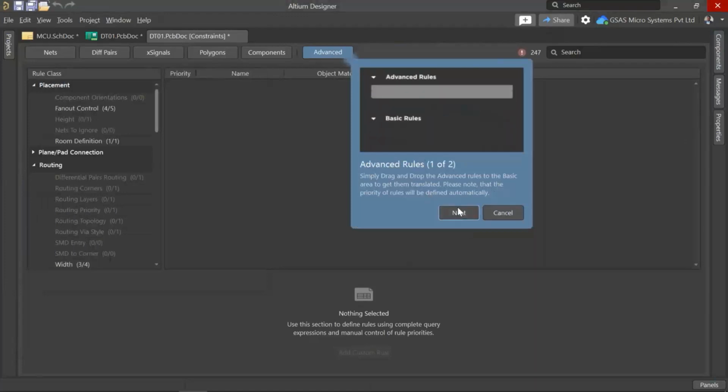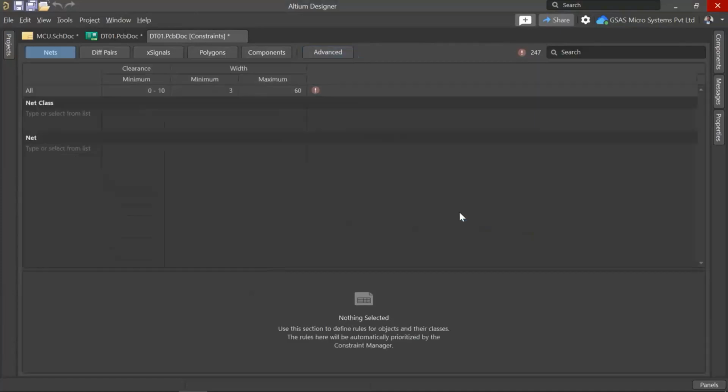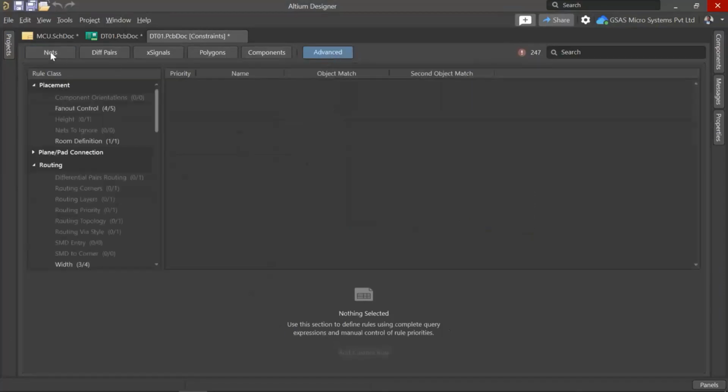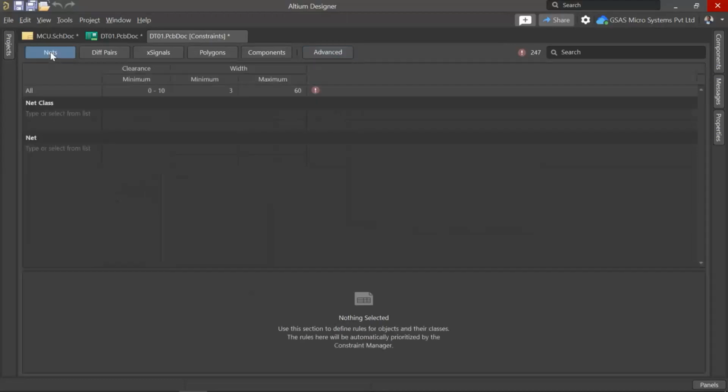The difference between the advanced rule and basic rule is, suppose when you are pointing a design rule to a group of nets or a net class, then automatically the tool will assign it as an advanced rule. But when you are assigning to all the nets, for the entire design, then it will call it a basic rule. The tool will automatically recognize it and apply the design rule.